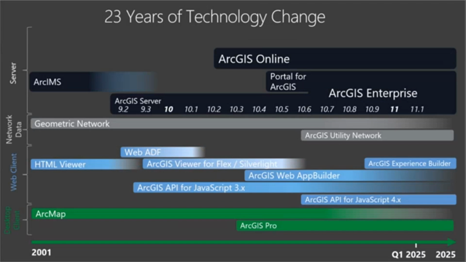And if we look at the first map for Esri from ArcIMS, right? Or the first version of ArcGIS Server, or in between. I don't know if you, but there are always new technologies, and it's important